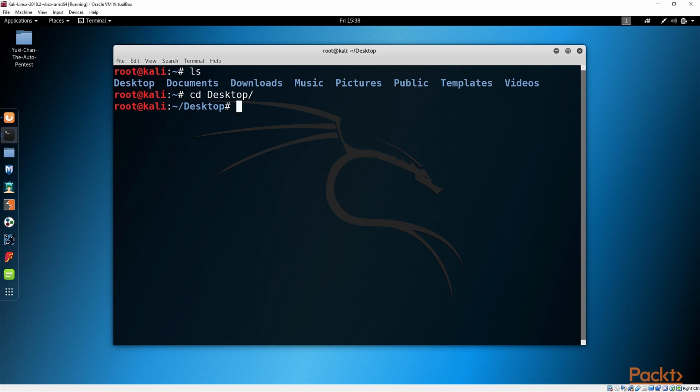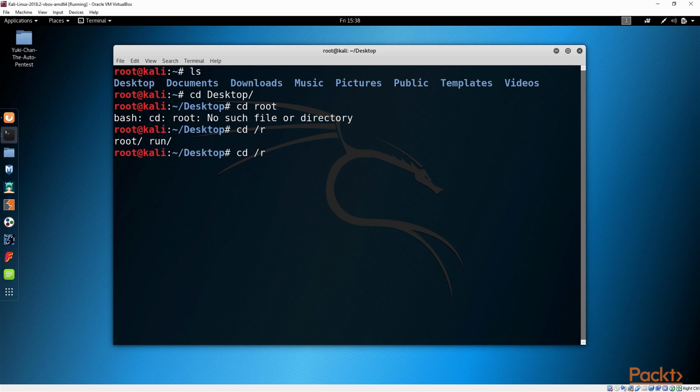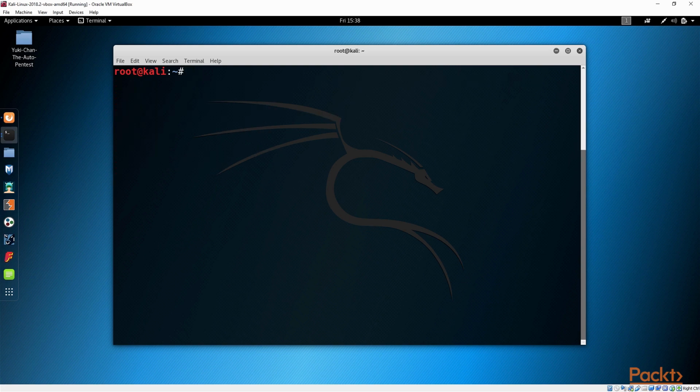If you want to go back to your root directory and you say cd root, it is not going to work. You have to in fact tell it that it is a directory, and we do this with a /. So from here, it's going to be /root and enter, and you will be back at your root directory. Let's just go and clear the screen quickly. So again, we want to go to the desktop, so we are going to say cd for change directory, des